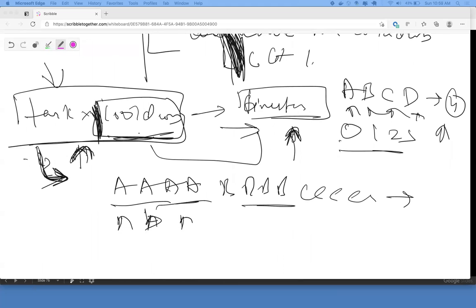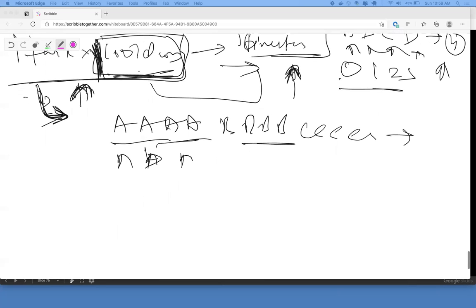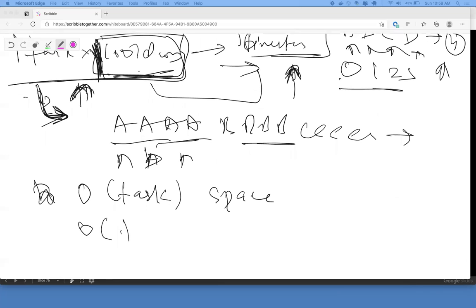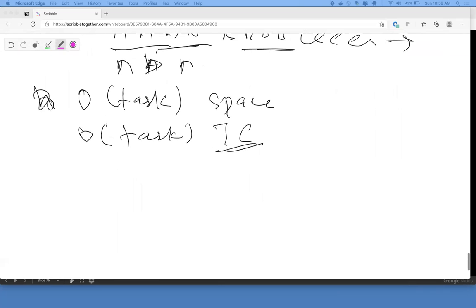That's why I said O of N. That's the next part I came up with. So you're getting rid of cooldown entirely with that. You don't have to run that while loop. You're using a hash map to keep track, which is your O of task space, and right here O of task is your time complexity also. Okay. Next challenge: convert O of task to O of cooldown.